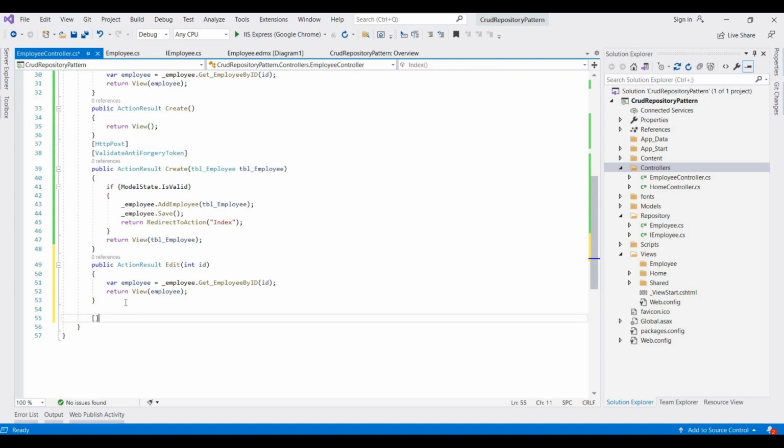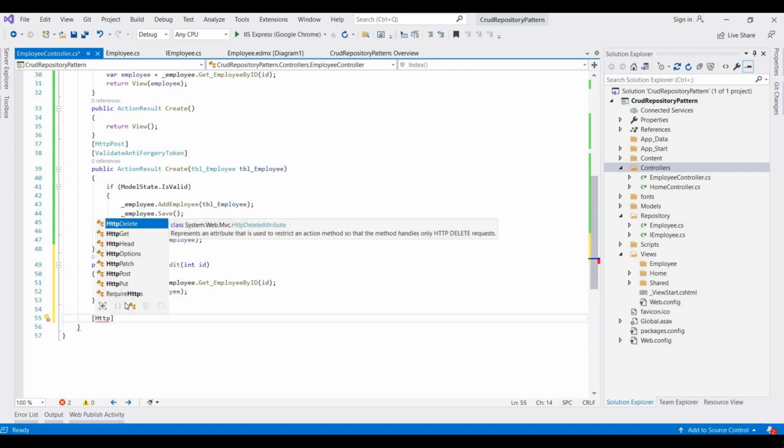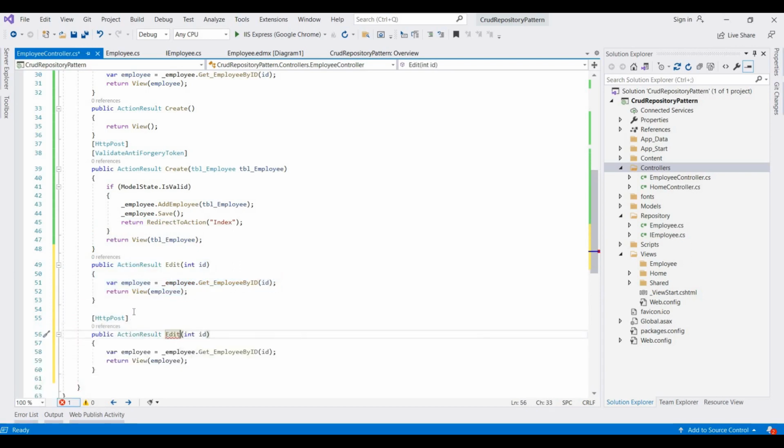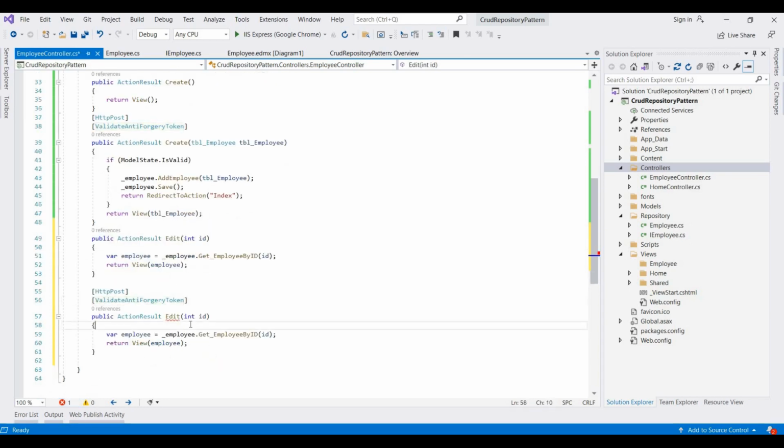Now we add a post method for this, which is an HTTP post, and here I am adding the edit method. It's edit, and we also add anti-forgery for this. Validate anti-forgery tokens, and here we